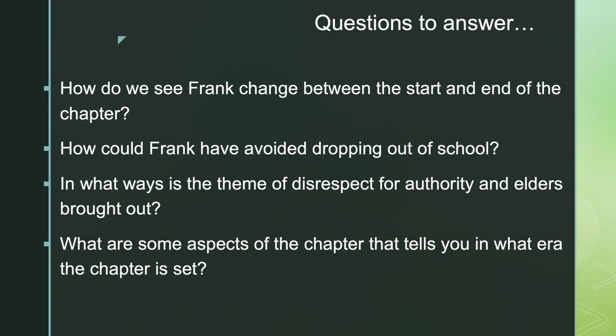4. And I mentioned this earlier. What are some aspects of the chapter that tell you in what era the chapter is set? So not just reading the story itself, maybe you're going to have to do a little bit of research in terms of what the education system was like in Jamaica in a particular era, and see if what you're seeing in the story matches with the era that you have found out about through your research,